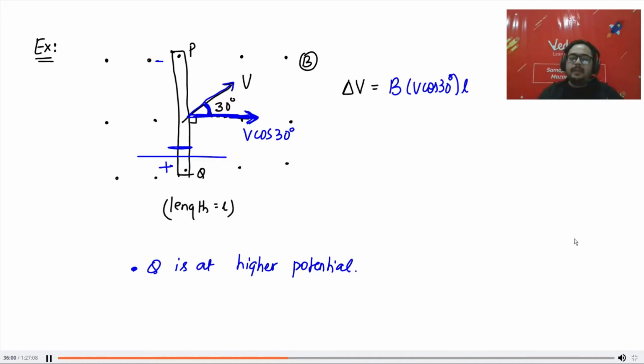Then beta, we have to take the perpendicular one, right? The perpendicular one is obviously the cos one, so I will take the cos one. I have to take the velocity which is perpendicular to the length. Now the length is like this. This is your length. So the perpendicular component is cos. Is your doubt clear?